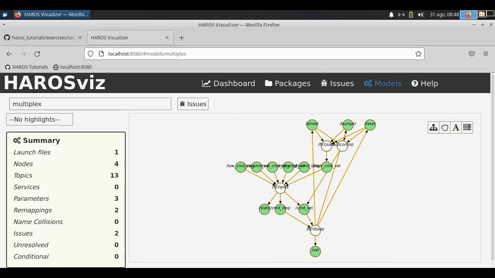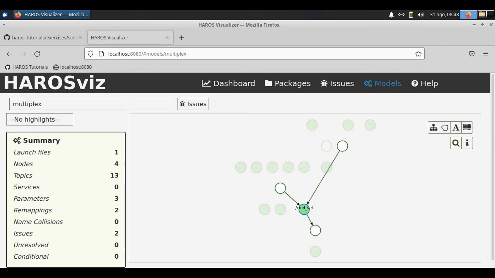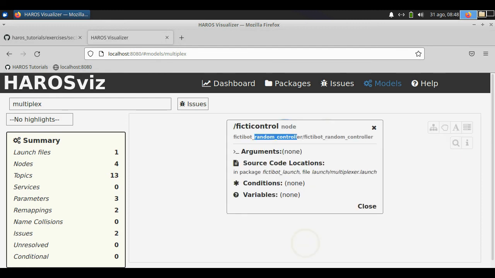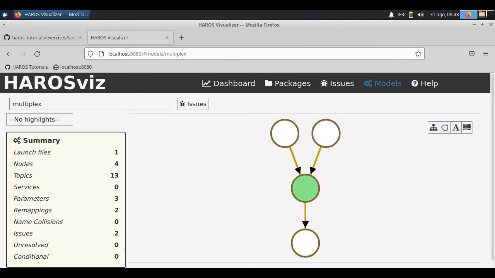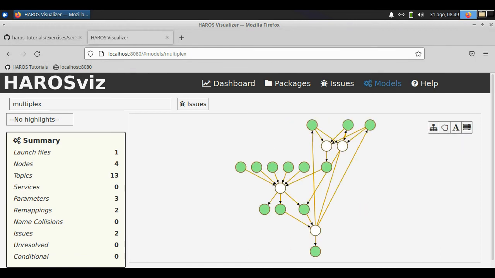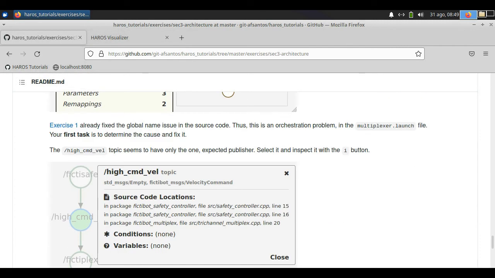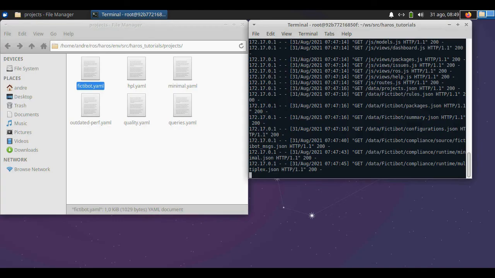Let's just find the faulty topics and inspect them. There we go, the first one clearly has two publishers. And since we have already fixed a problem with the global name for this topic, it seems that it must be a problem in the launch file. Let's open the launch file and see what's going on.